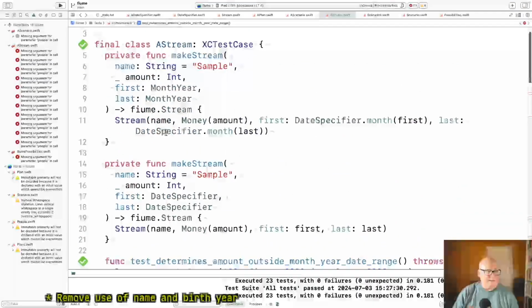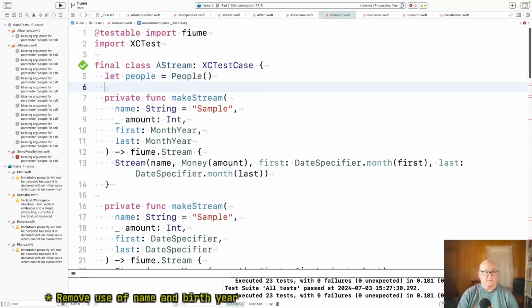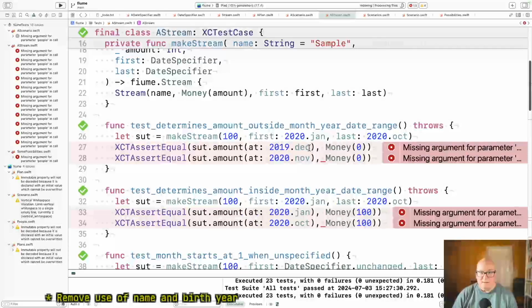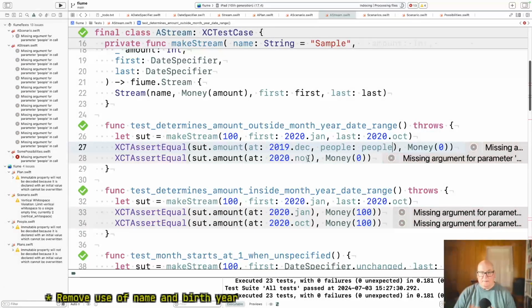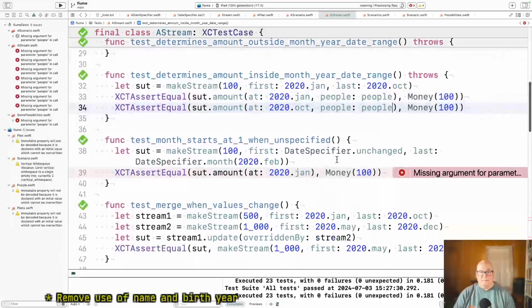Yeah, I don't like not compiling for so long. Now somebody's going to have to be testing birth dates here. They're not using age though, they're using dates.